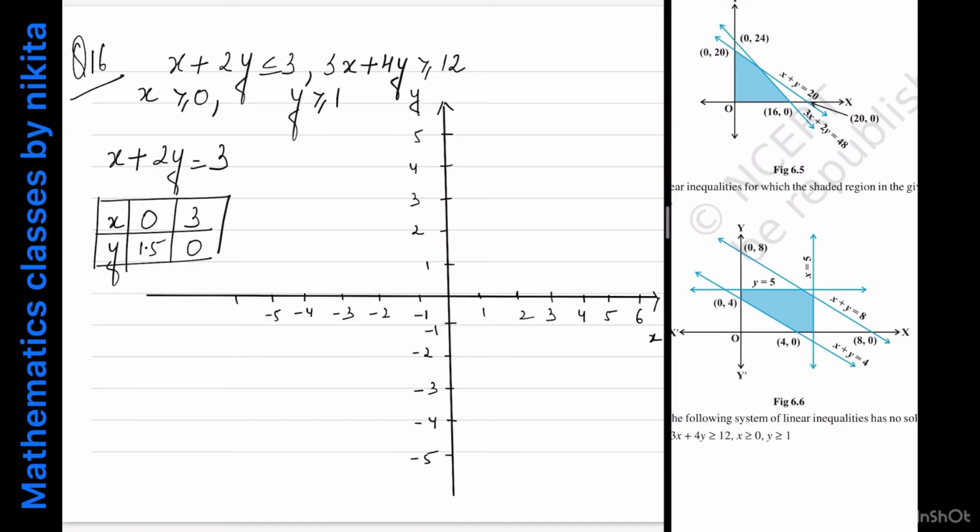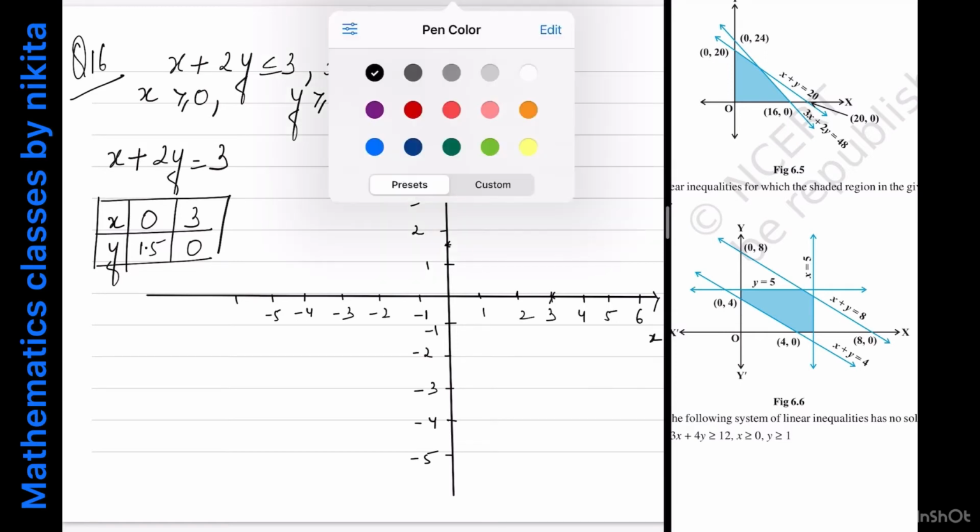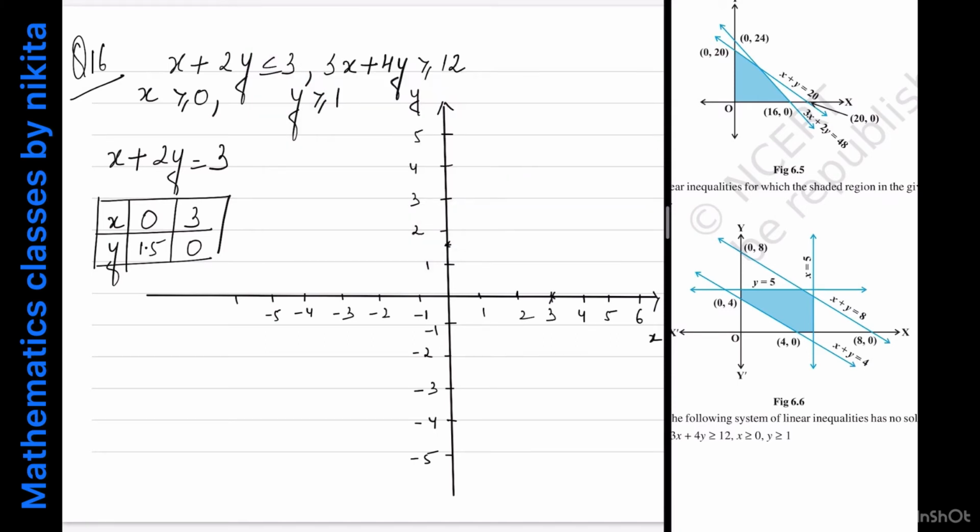Now if I draw the first line, I get the point. First we have 0, 1.5. So 0, 1.5 is somewhere here. Next I have the point 3, 0. 3, 0 is here. So I will draw this line which will be,